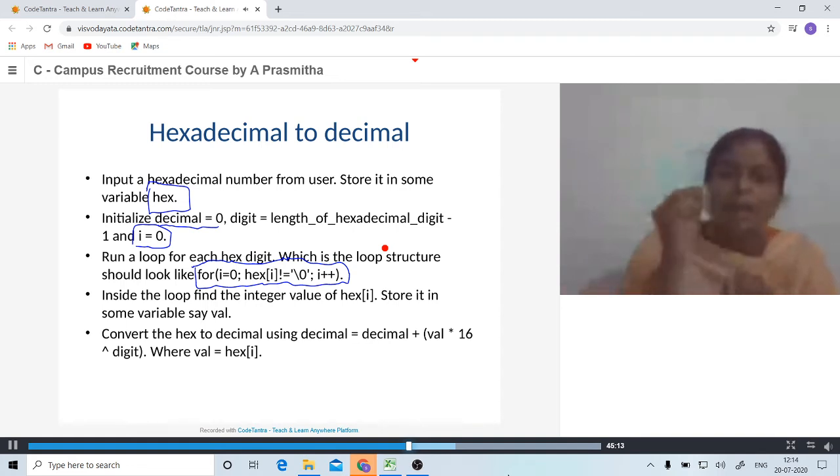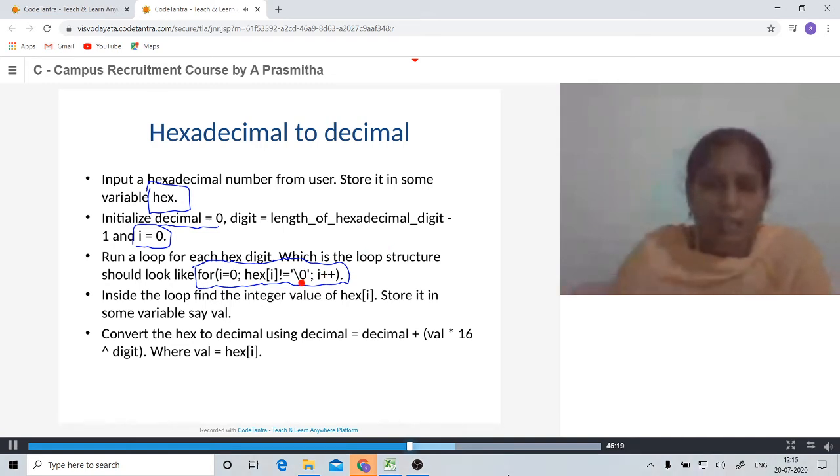And a string is ended with a special character called null. And here I am checking with the null character only. Once the null character is reached, the hexadecimal number is completed. So until then we are reading each digit. And inside the loop, we are trying to find the integer value of hex of I, and that value is stored in the variable val.